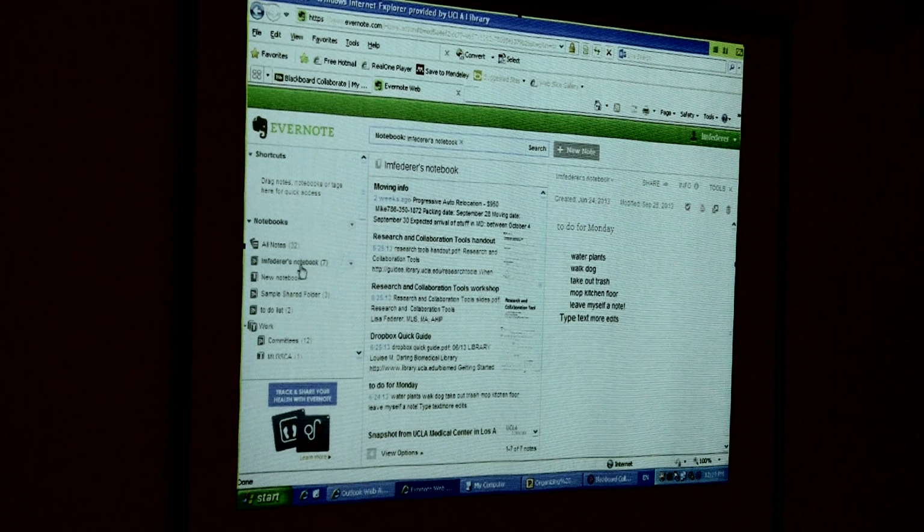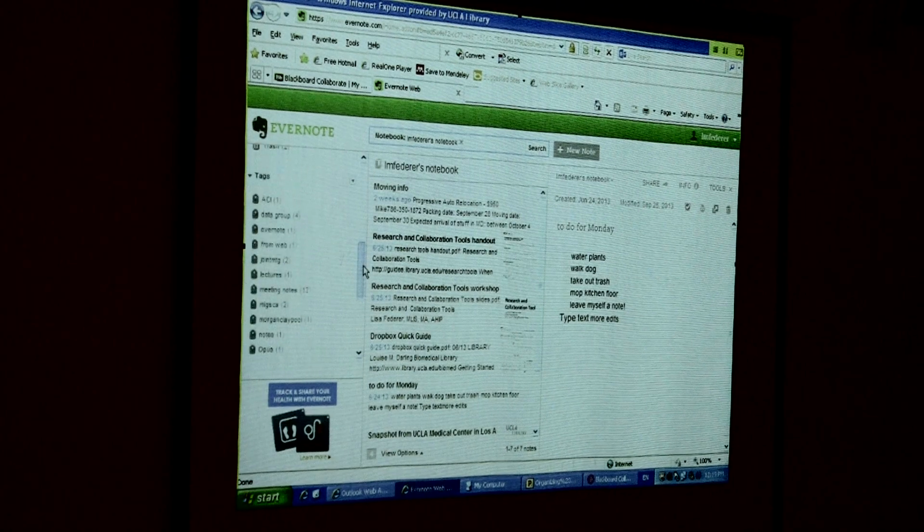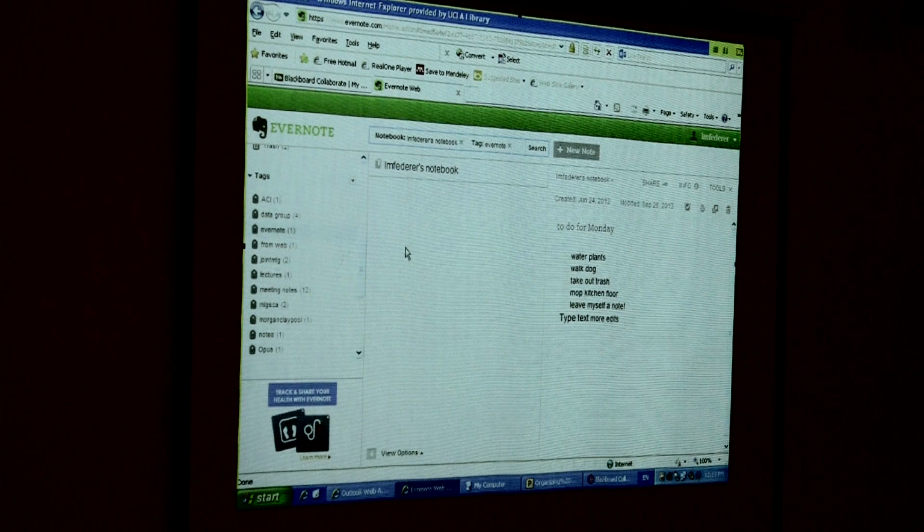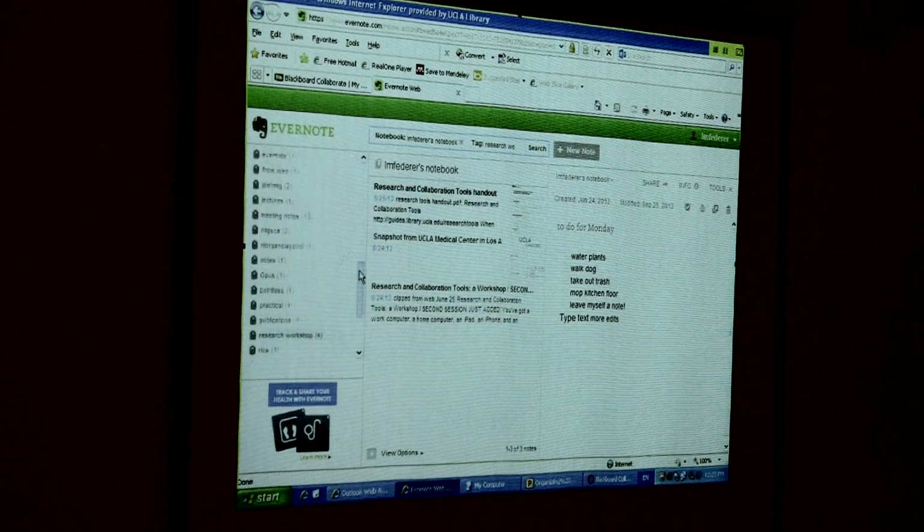So the other way that you can organize your stuff is by using tags. For example, if I scroll down to the bottom of my list, here's a list of all the tags that I have used so far to add information to notes. If I click on one, let's see one that has more than one note. I have 4 notes for this research workshop that I did. Here they all are. And if I click on a note,